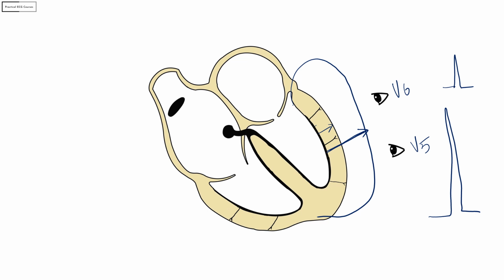So whenever you see a tall R wave in V5 and V6, you need to consider the possibility of an LVH. That is the first learning point. Now,